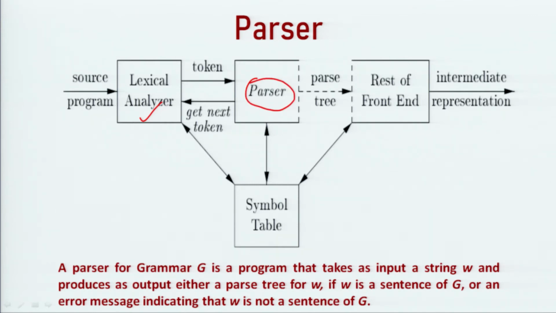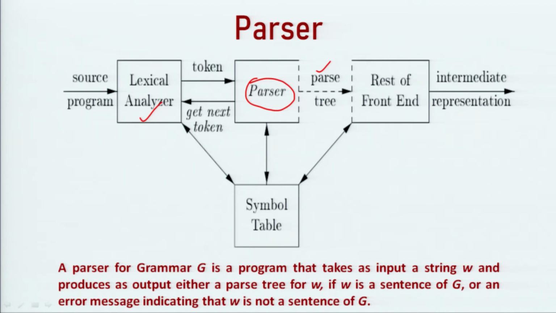It will request the lexical analyzer to produce the next token, then it will give the token to the parser, again it will consume it, then it will request the lexical analyzer to produce the next token, and in that way the parser will get tokens, right. And these tokens will be consumed by the parser, and the parser will obtain the parse tree for it after checking the grammatical structure of the tokens.